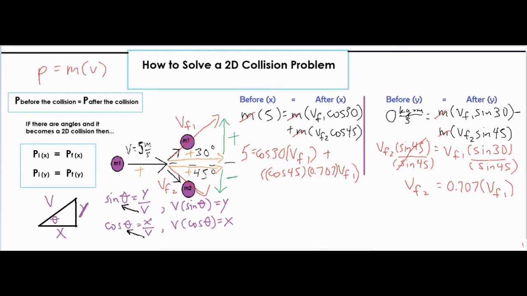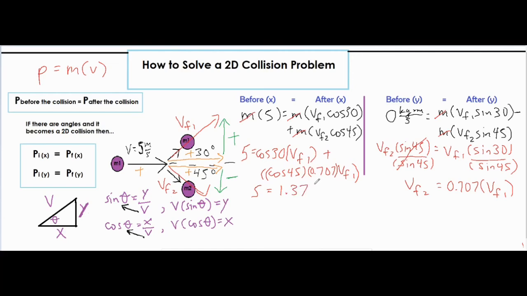All right, so what I did is I just rearranged things a little bit because when I have a coefficient, I like to put it in front of the variable. So I took this cosine of 30 and just scooted it to the front over here. And then I took this cosine of 45 and scooted it up over here. And then I replaced that VF2 with my 0.707 VF1 right here. Okay, so at this point, I took my cosine of 45 and multiplied it by 0.707. And then I took my cosine of 30, and then I added these two coefficients together because they're like terms, and that gave me 5 equals